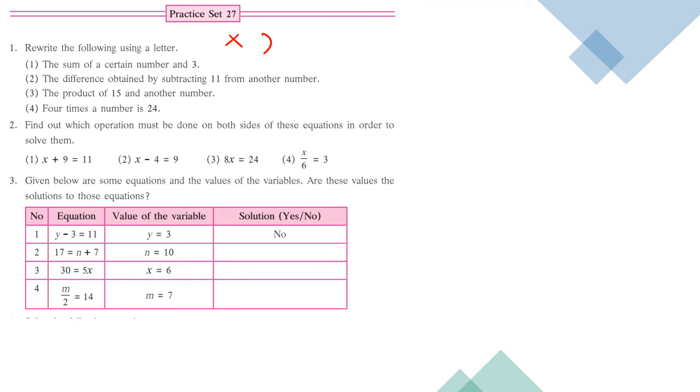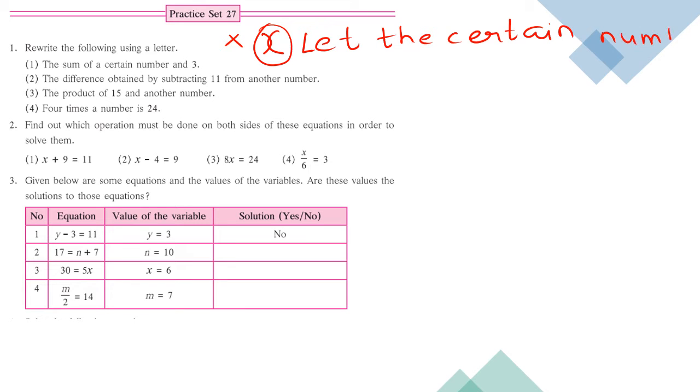Okay, and people write X like this, C like this. This is also X, written to avoid confusion between multiplication and the X. So I prefer this one, which I am circling currently. You can use any letter you want, A, B, C, D, E till Z, whichever letter you want. So let us start with A, the sum of certain number and 3. Now what the steps are, let the certain number be X, or let's say be A. If you are not much comfortable with X, then you can write A.